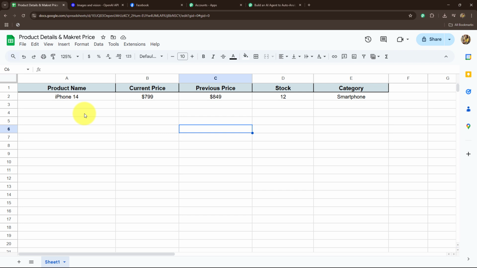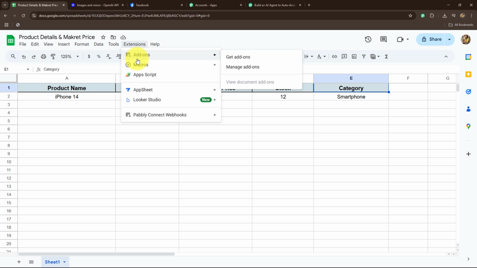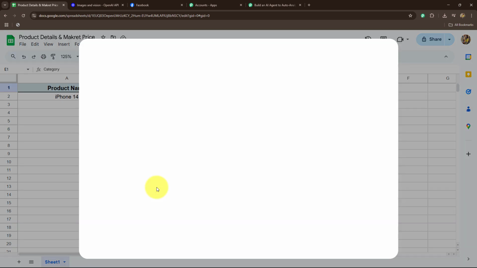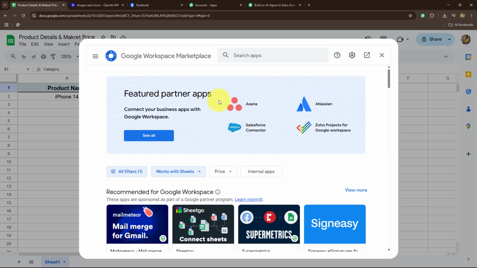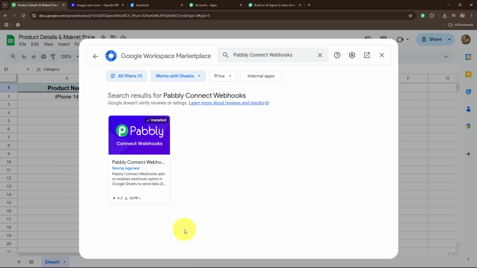I will first of all take you towards my Google Sheets, and over here you can see that this is the product I have. Here we have the current price, the previous price, stock, and the category of the product. Now I'm going to go towards extensions, and here we have the option of add-ons. When we go towards get add-ons, it is going to take us towards Google Workspace Marketplace. Here we need to search for Pabbly Connect webhooks. So this is the add-on which we need to install in Google Sheets to build the connection between Google Sheets